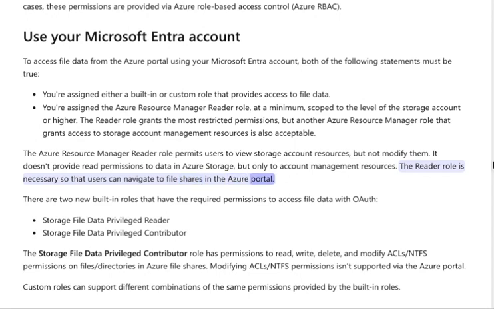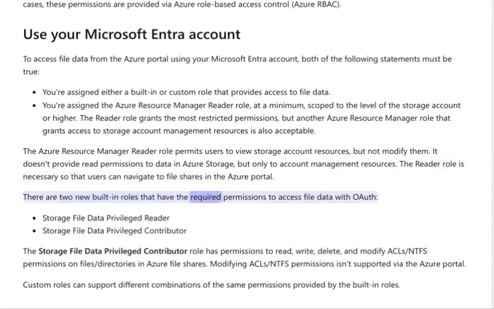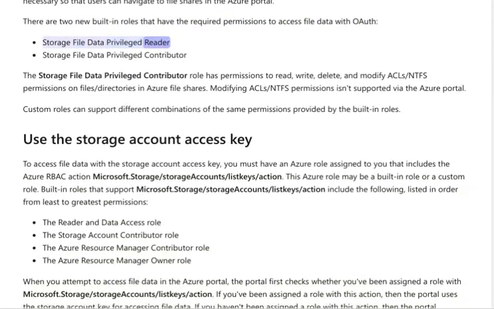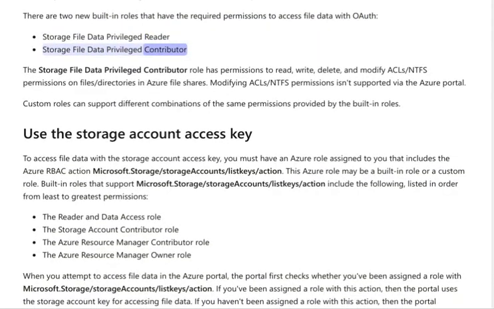There are 2 new built-in roles that have the required permissions to access file data with OAuth. Storage File Data Privileged Reader. Storage File Data Privileged Contributor. The Storage File Data Privileged Contributor role has permissions to read, write, delete, and modify ACLs